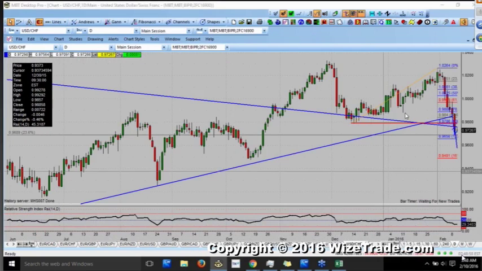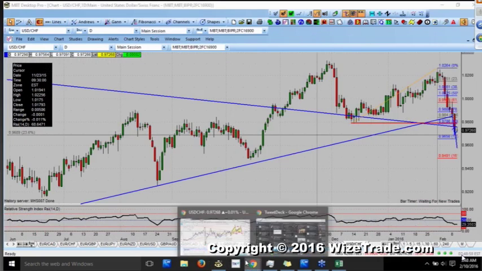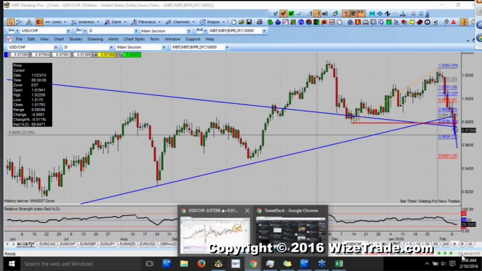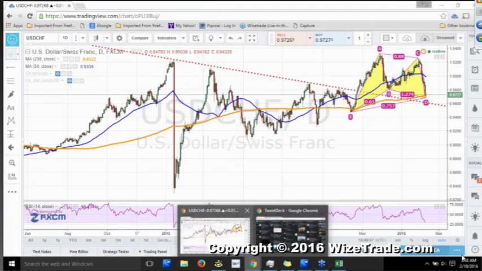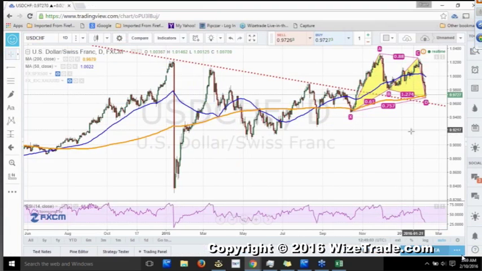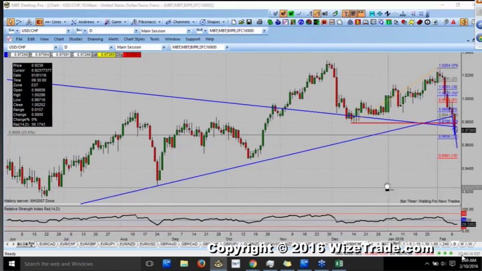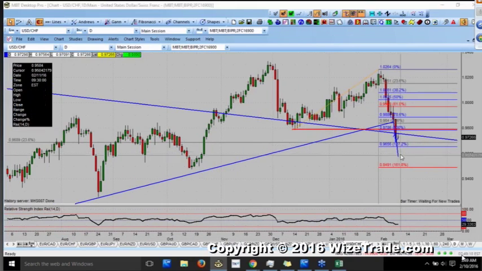Like I said, you can see the harmonic pattern that's built here. You can argue it's a Gartley, but regardless, it is in a bigger range. All right, it's trying to break down, but I think it needs help from the rest of the dollar pairs today in order to really break lower. Okay. All right, let's take a look at